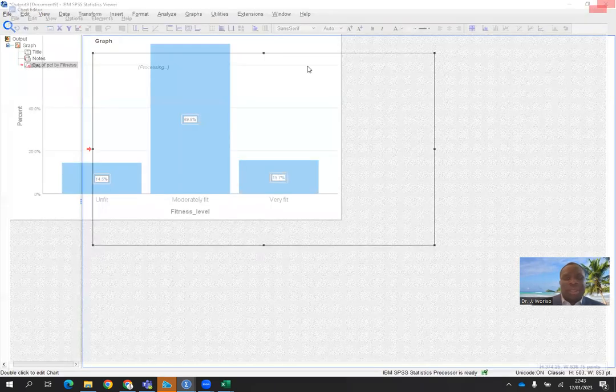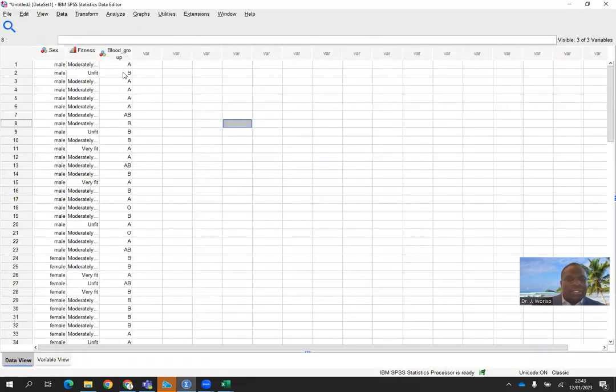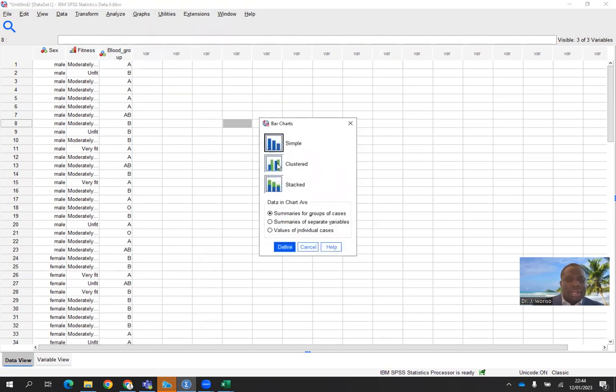We could do the same also for the rest of them, that is the blood group, and also for the sex, male and female. Now we want to obtain what we call the clustered bar chart. And then the next will be the stacked bar chart. So for a clustered bar chart, what do we do? Go to graphs. Then from graphs, we move down to legacy dialogues. And then click on bar. Then we choose cluster,